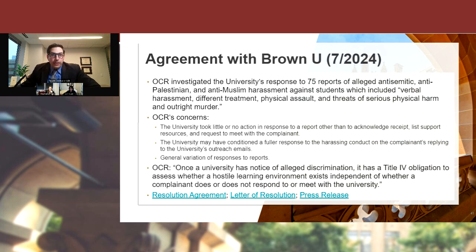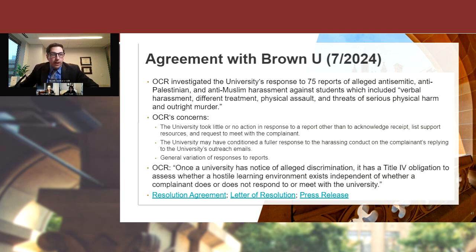Next, agreement with Brown University in July. Here, OCR's concern was the university's inaction, right? A lot of these have no findings, so I'm not casting these definitively. This is just what was in OCR's report, what they were concerned with. But OCR was concerned the university here had reports, acknowledged receipt, and really did not do much else, or they conditioned a fuller response on the complainant replying to emails, right? OCR says, regardless of whether a complainant replies, once you have actual or constructive notice, as Leah talked about, you might have an obligation under Title VI to